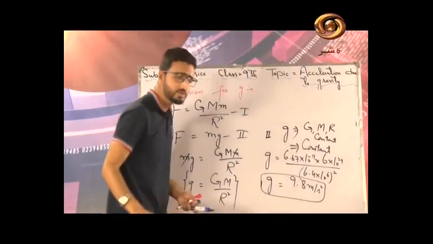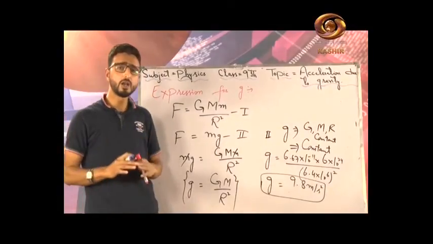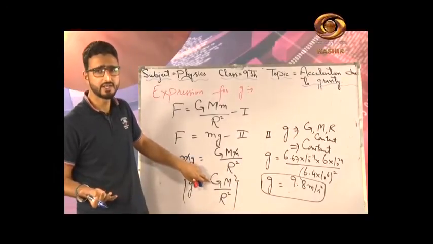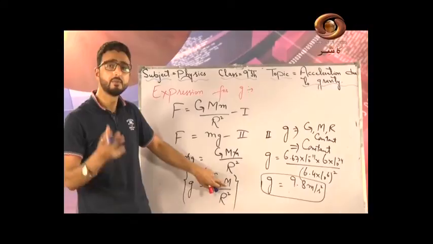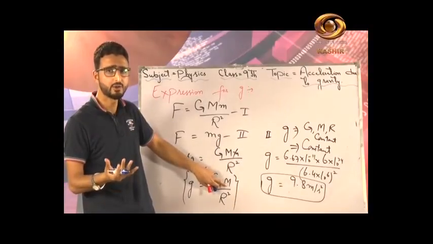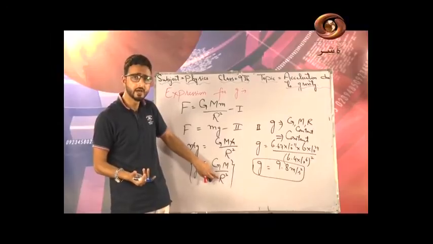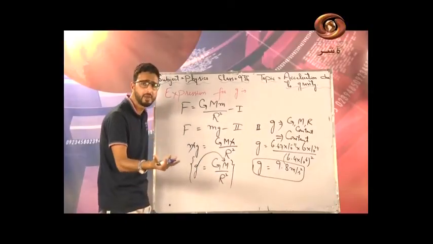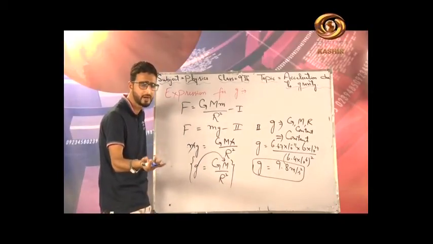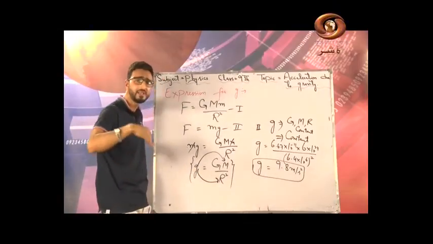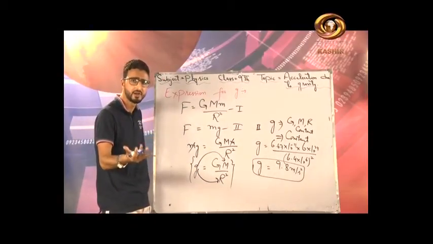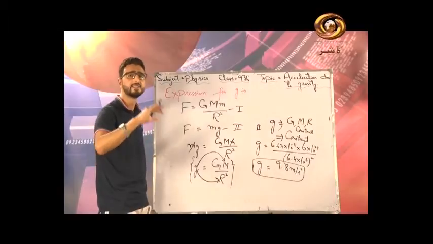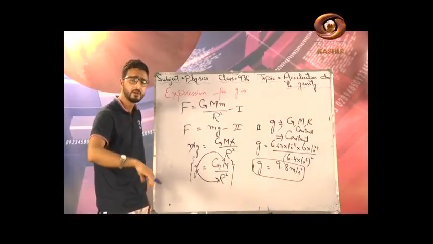One more point which I would like to discuss about the small g, that is acceleration due to gravity, is that since G is constant, it is same throughout the universe. Here M is mass of earth because we are on the surface of earth, and I have considered earth to be one body, R is radius of earth. So from this very expression you can easily see small g depends upon the mass of planet, because mass of planet is different for different planets, and it also depends upon the radius of the planet, because radius of planet is also different for different planets. So simply I can write ये जो small g है, it is different for different bodies, or I can say it is different for different planets.